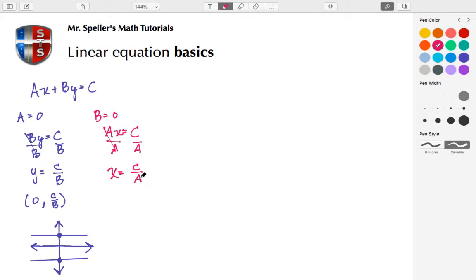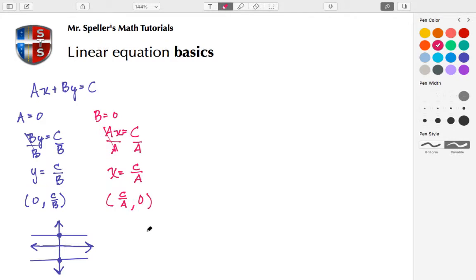And this here is the equation of a vertical line. If we wanted to write the ordered pair, one of the points that vertical line goes through, that's going to have a y value of 0, because we see that when b is 0, that means y here also has to be 0. And we just said that x is, whoops, I put that in the wrong order. X is the first part of the ordered pair, c over a, and then we see that y is going to be 0 because b times that y is 0.